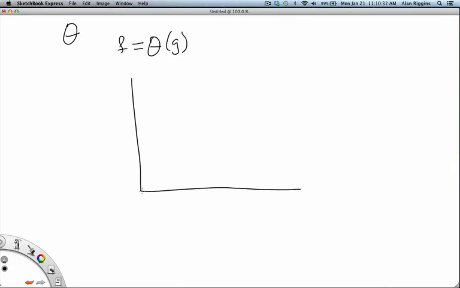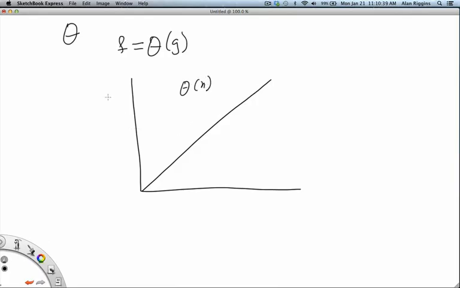Our next complexity class is theta. And theta means it grows at exactly the same rate. F is in theta of g if and only if they grow at precisely the same rate. So when we graph this function, theta of n,